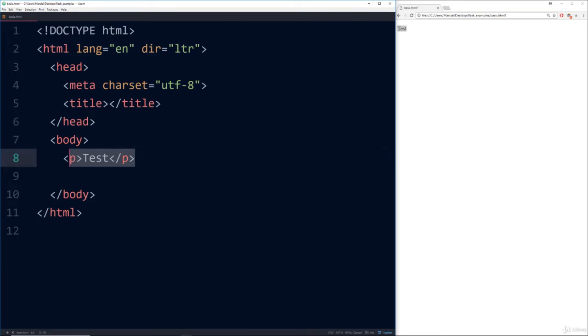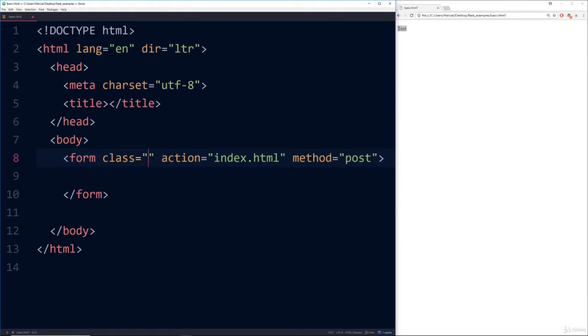I can remove this test, and what I'm going to do is add in a form tag. So I'll say form, hit enter, and it should automatically create an opening form tag for you, as well as a closing form tag. You'll notice that this opening form tag has several attributes, such as class, action, and method. We'll be discussing these attributes in more detail in the next lecture. For right now, feel free to delete them, so you just have a basic form opening tag and a basic